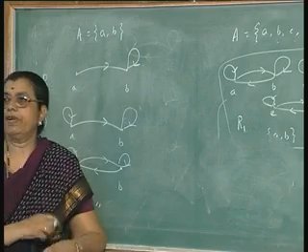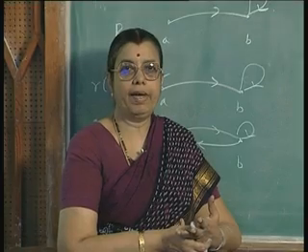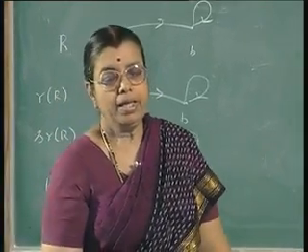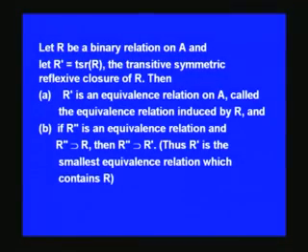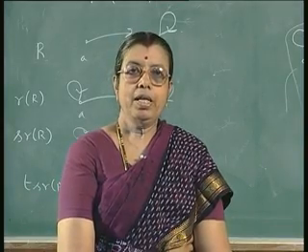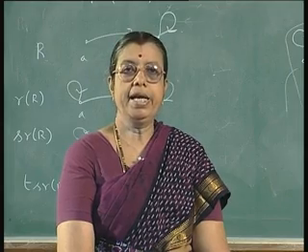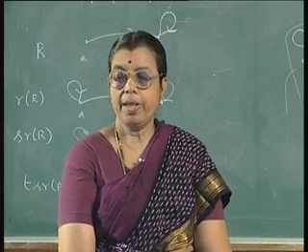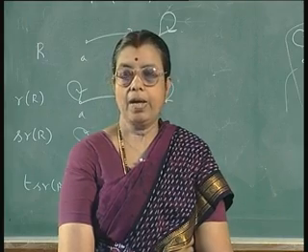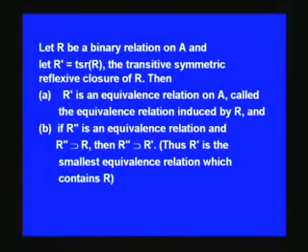So, when you first take the reflexive closure, the reflexive property is satisfied, and then when you take the symmetric closure, you get the symmetric property, but the reflexive property will not be affected by that. Then when you take the transitive closure, the reflexive and the symmetric property will be retained, and you additionally get the transitive property. Now, if you take any other equivalence relation R2 dash containing R, it will also contain this. So, here we have taken only two elements, suppose I take some more elements,